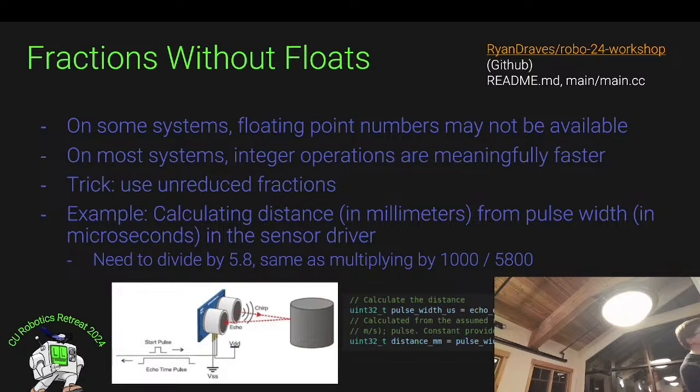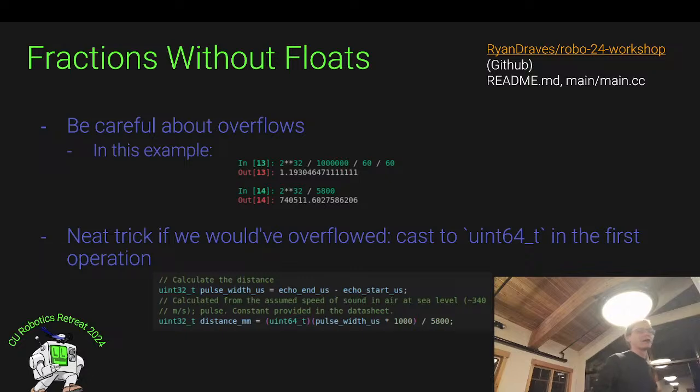So with this trick, we can see here that if we assume that we're at sea level, the calculation from the duration of that signal that we get back from the device, this echo time pulse here, to millimeters is to divide by 5.8. And we could do a float operation here and divide by 5.8, but another way you can see it's done is that we multiply by 1,000 and then divide by 5,800. And I made a small error on the next slide, just pointing out if someone sees it first. One thing that we have to be careful of, though, is that as we multiply by the larger number, we don't want to overflow, right? There is a max limit to what our uint32 can store, so you need to be careful that the values we get back won't cause that multiply by 1,000 to wrap around and turn that large value into a very small one.